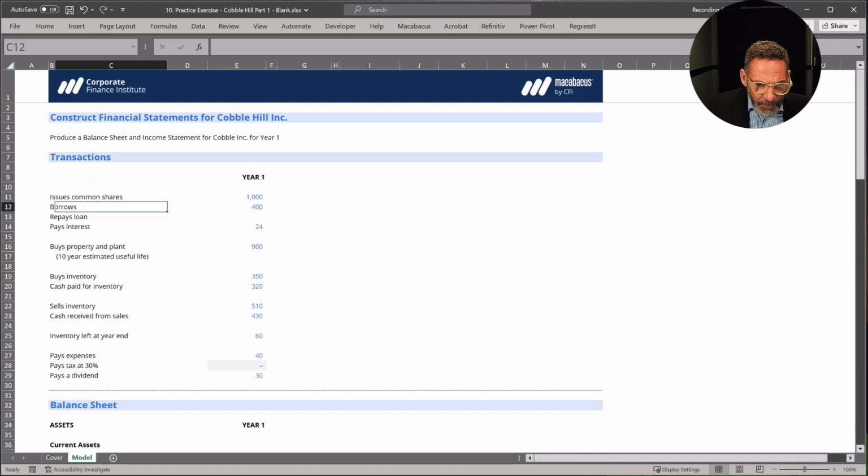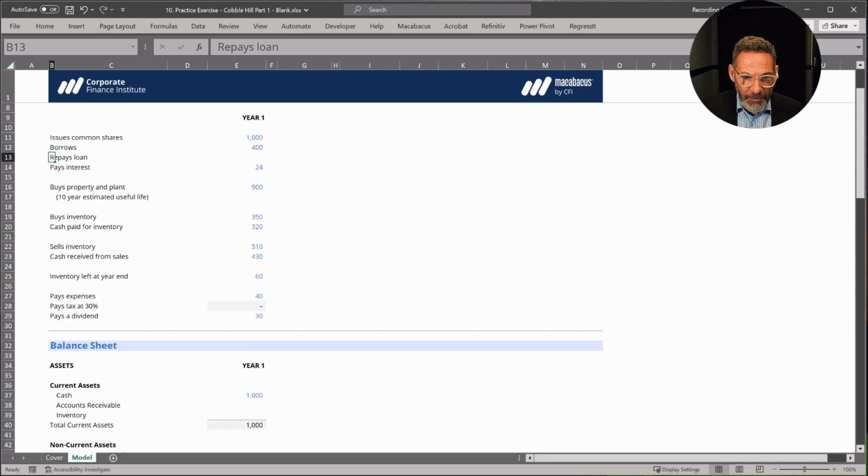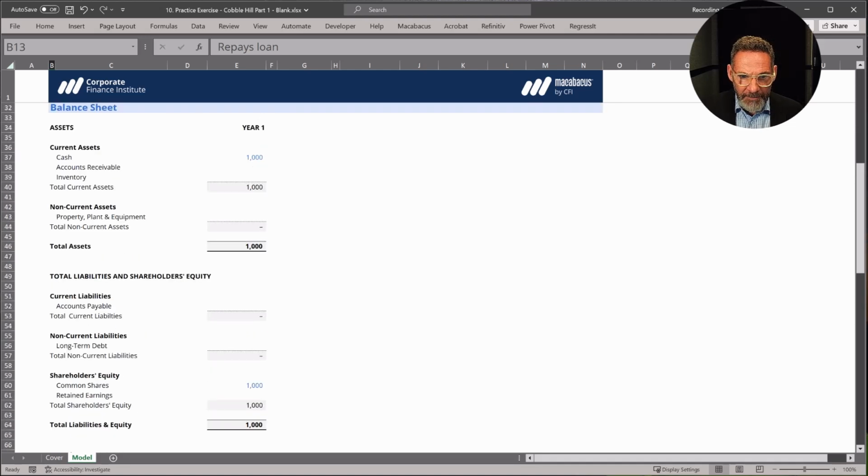Now we borrow 400. Where it says repays loan, there's nothing there, but we're paying interest. So we're borrowing 400, but paying interest is an expense. So let's do the borrowing first. So we borrow 400. Our cash is going up by 400, but we also owe, and we're going to assume it's long-term, 400 to the bank. Our balance sheet balances. That transaction doesn't hit the income statement, but now we do have one, and we're paying